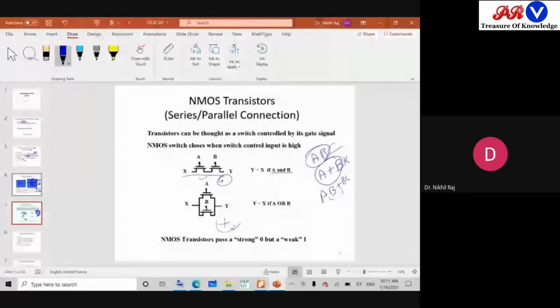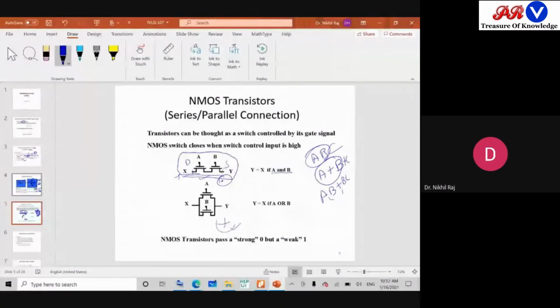So if I want to realize this particular circuit, I will say one will be the input and one will be the output. Since in digital we are assuming that the transistors are symmetrical in nature, this means drain and source can be interchanged, but always remember, for your NMOS, drain is always kept at higher potential. So if X is the input, definitely this will be the drain part, and Y is the output, means this will be your source part. Though it can be interchanged, generally we take it like this because we know the assumption that current flows from drain to source. So this input is X, output is here Y.